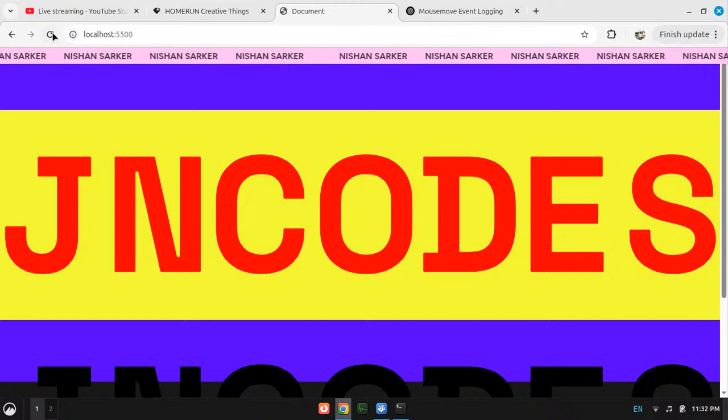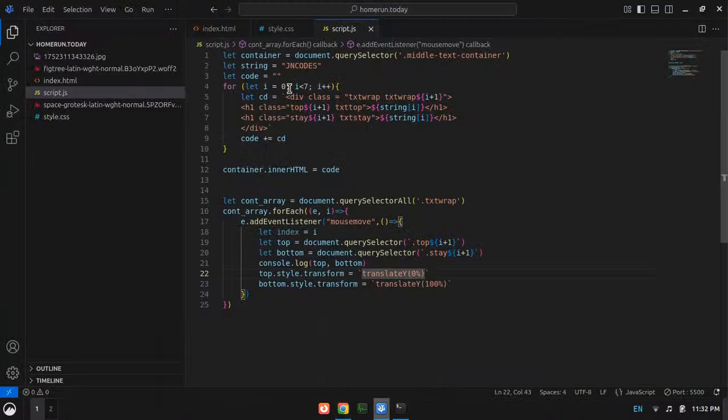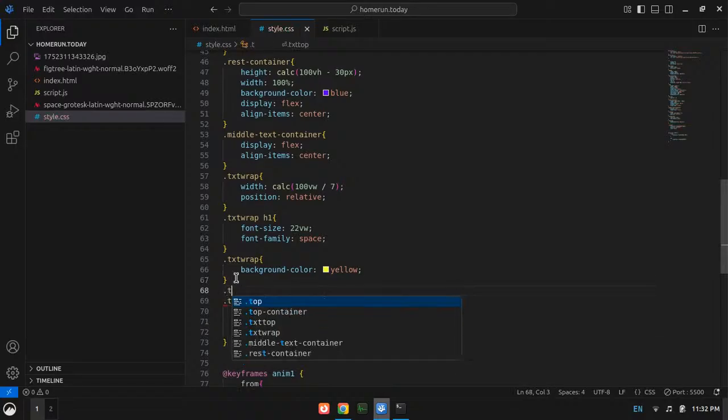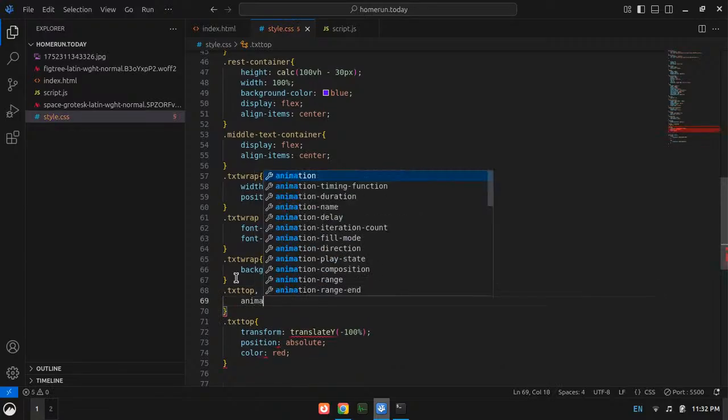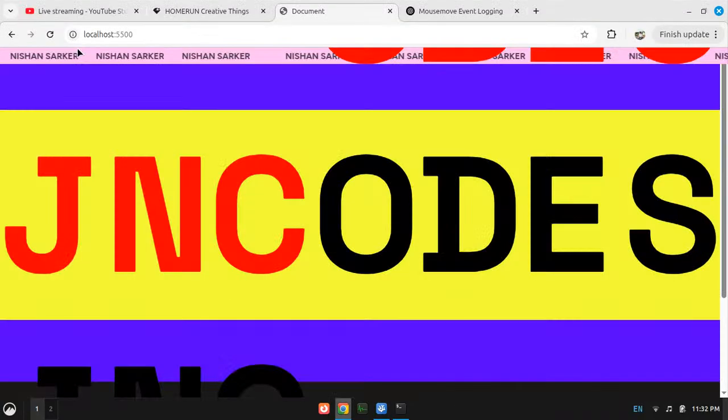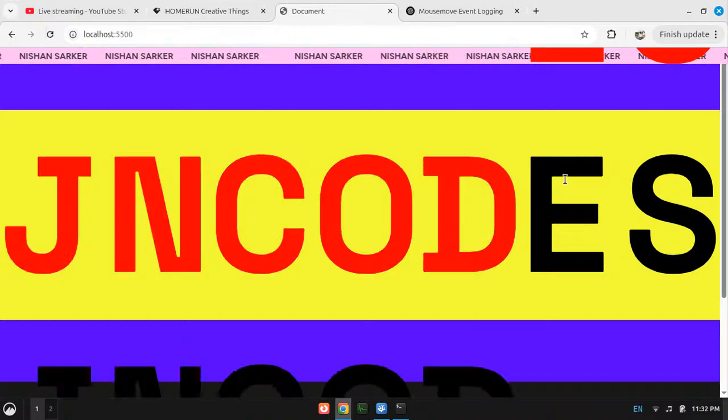And now we just need some animation so that it works. So I will just add animations quick here. .txt top, .txt bottom. I will add animation of 0.5 seconds ease in out. Okay, now let's see what happens.